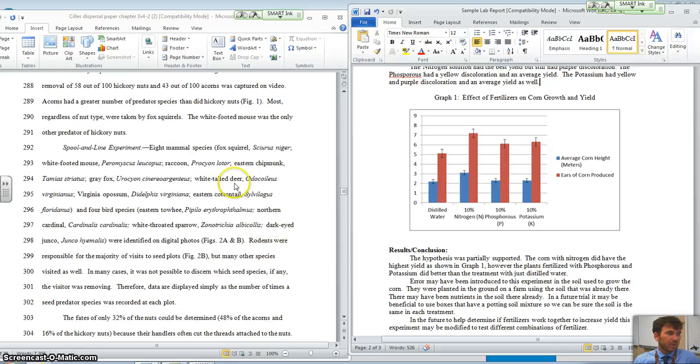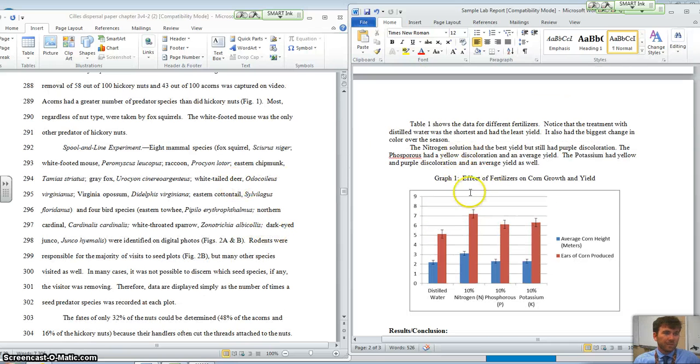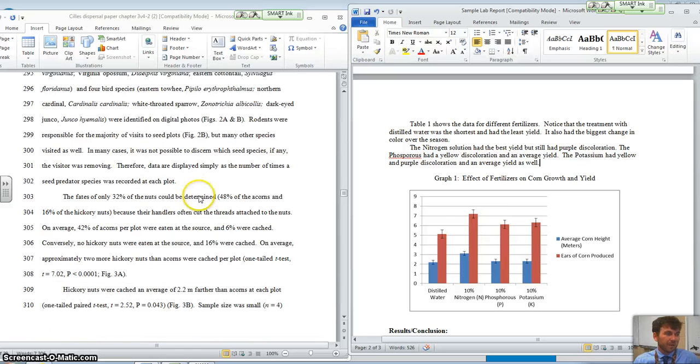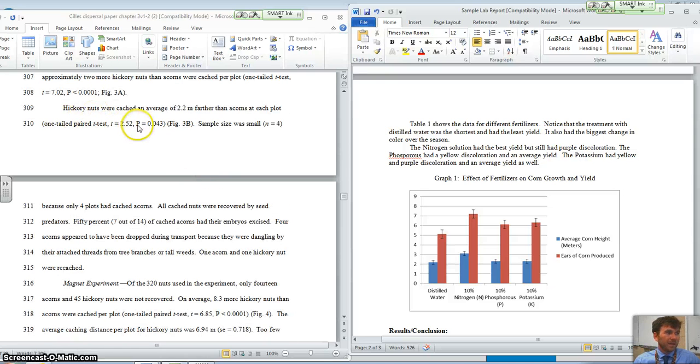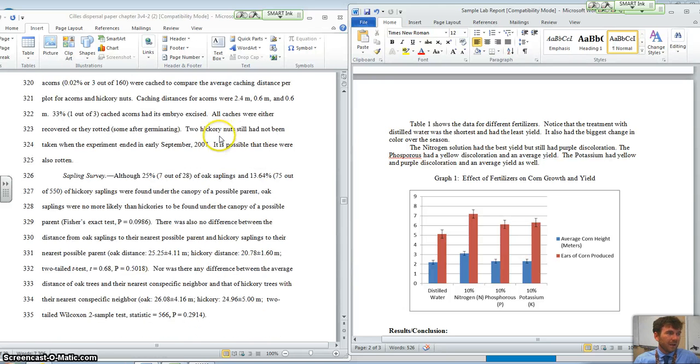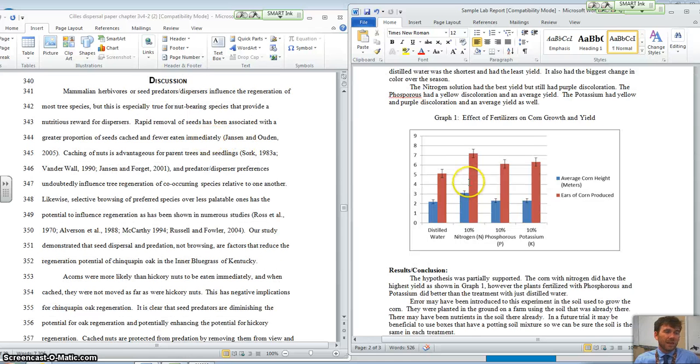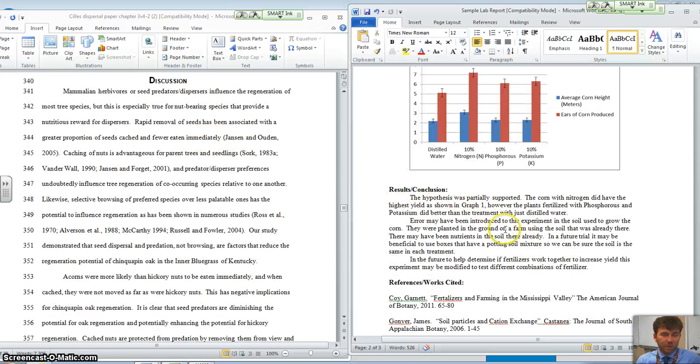Okay, so we've got our analysis here, which is similar to this results section for this lab report. You can see they're talking about statistical tests and some of the data. But then at the end, the last big idea is your results or your conclusion section, where you're really talking about what you learned from it. And this one even goes back to talk about what already was known from the literature review and compare what was discovered in